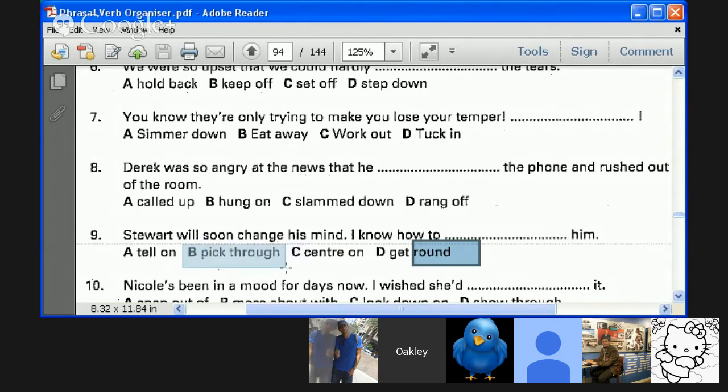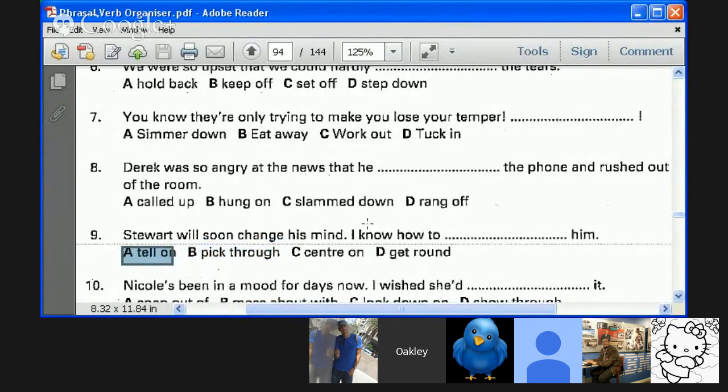Center on, I talked through. To pick through doesn't fit this sentence whatsoever, in no way, shape, or form. To pick through something, you might pick through your old clothes to decide which ones you want to keep and which ones you want to throw away. So you pick through a number of objects to basically sort them. We also use sort through, as a matter of fact. Pretty much the same exact meaning.